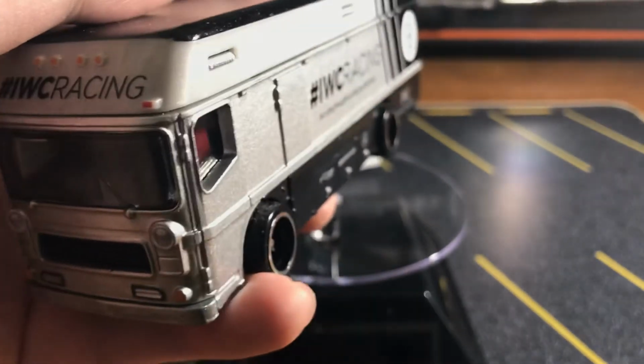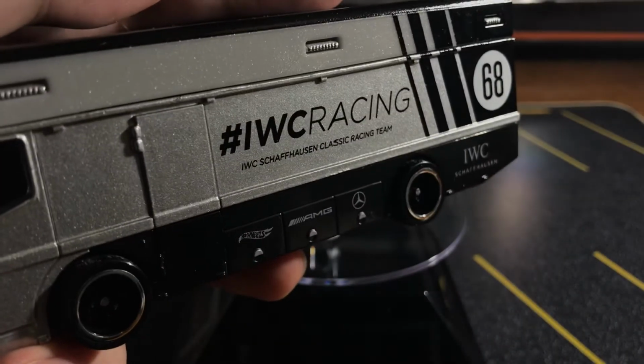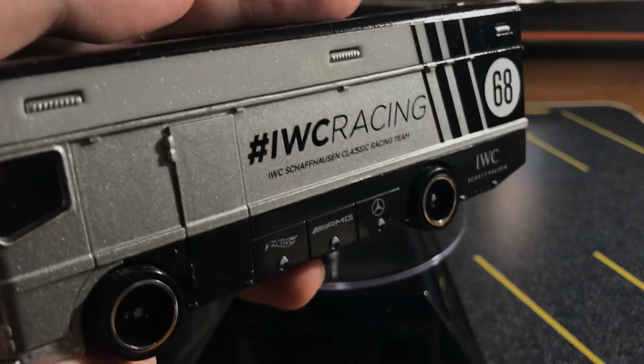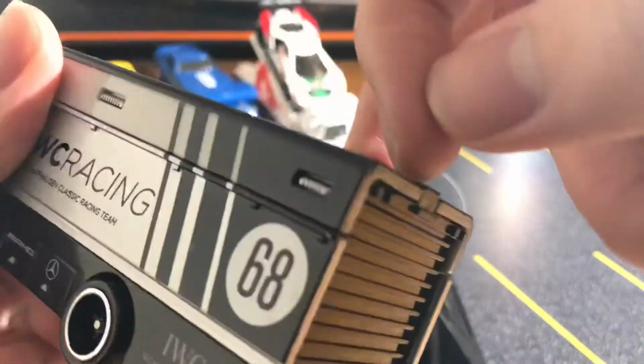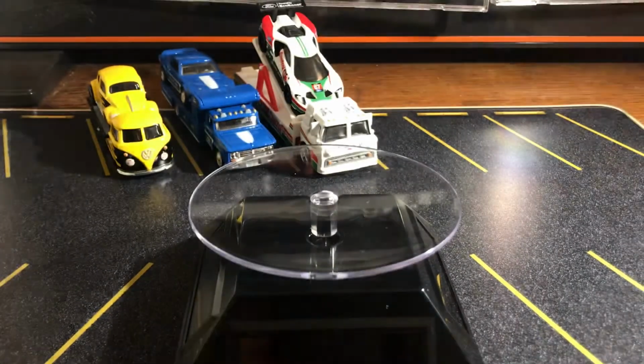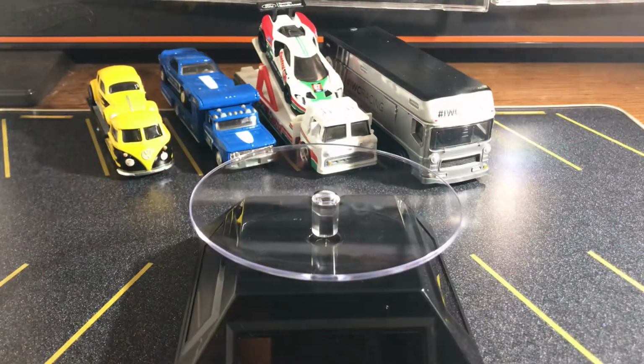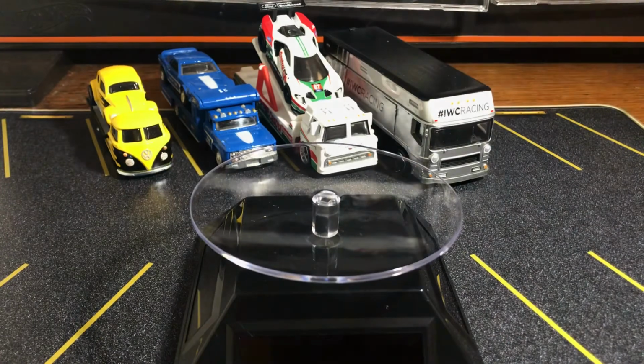I don't like either. IWC Racing, which is apparently a watch company, which is really cool, and you can open the back like so. It's pretty spacious inside. This looks very nice. And so this is Mix A of the Hot Wheels Car Culture Team Transport, and I think this is the best